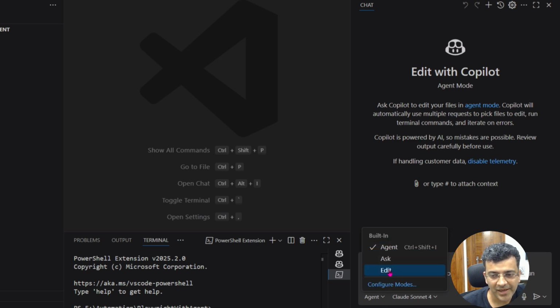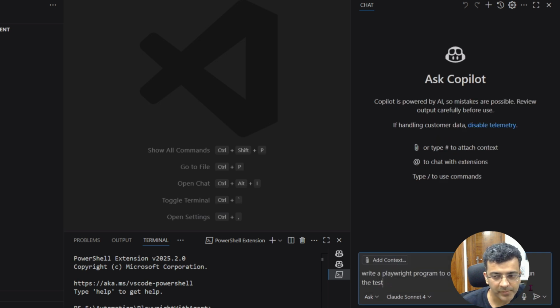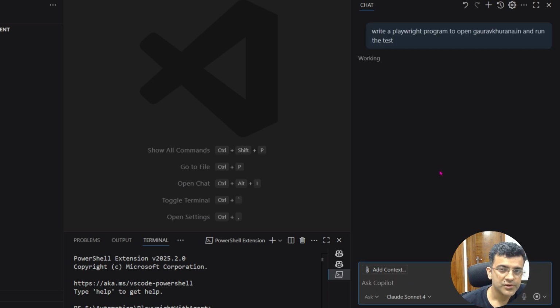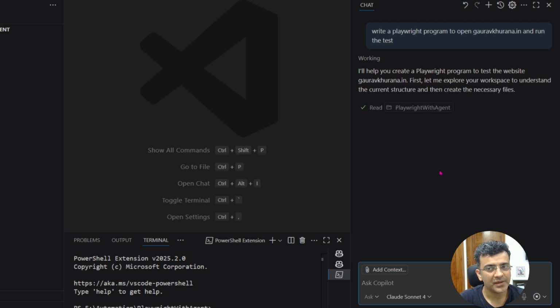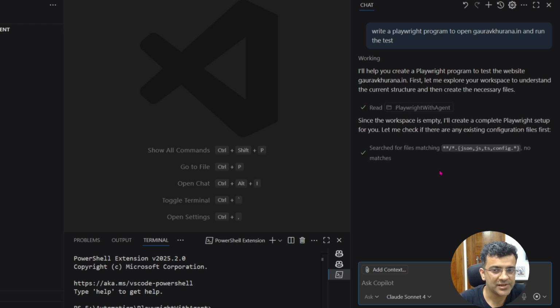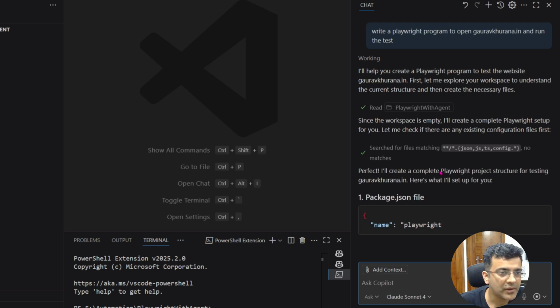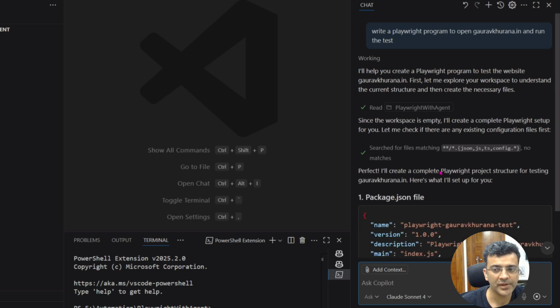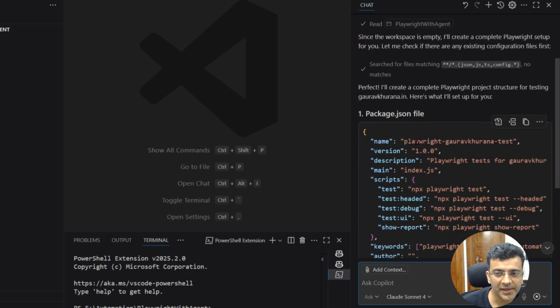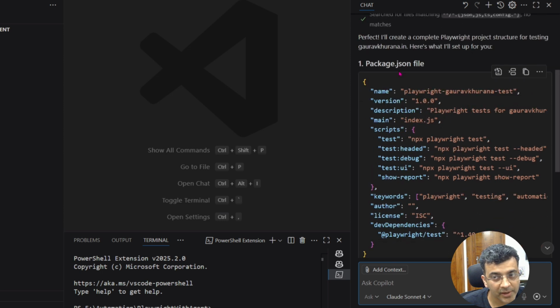If I ask this same question in ask mode, let's see what output it gives. Generally the difference is that ask will only give you the answer, just like ChatGPT, and does not do something on your behalf. It suggests things. For example, here it is suggesting that I should create a package.json file.